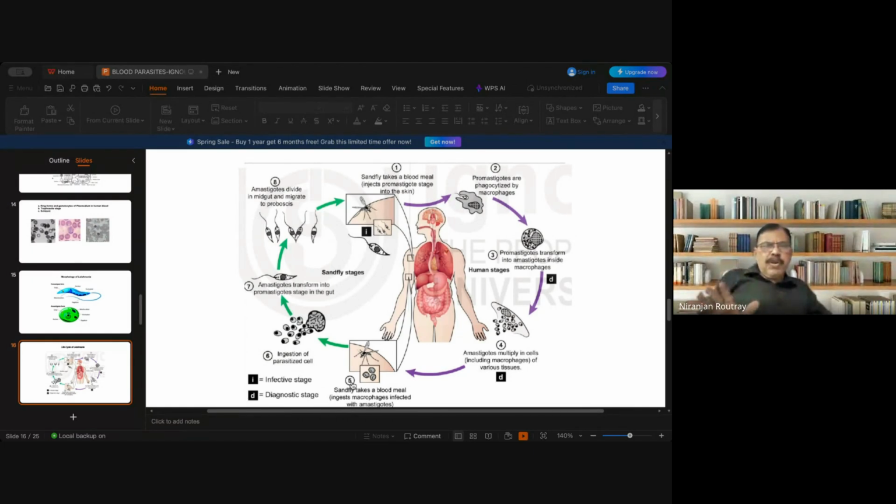Now, role of sandfly midgut microbiota. The digestive tract of the sandfly colonizes various microorganisms. Every animal, every organism has microorganisms in the digestive tract. Human beings also have biota. So when we take antibiotics, we are instructed to take probiotics along with the antibiotics, because antibiotics kill the important microflora of our digestive system, that will subsequently lead to improper digestion of the food. That is why we are asked to take probiotics.